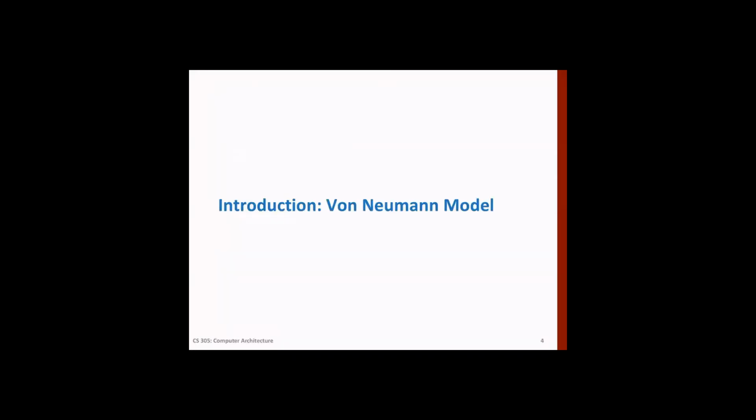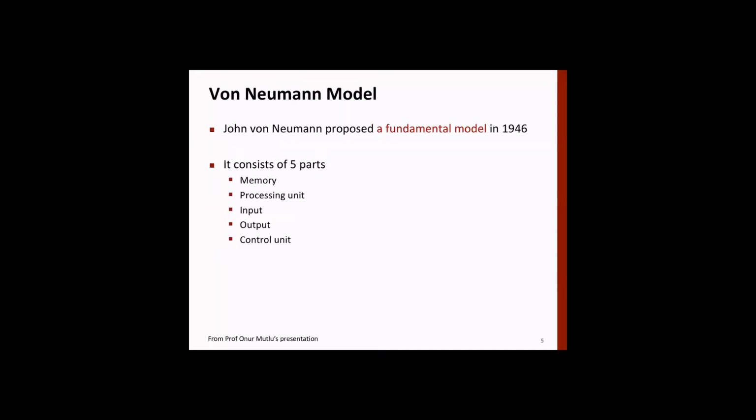And then, of course, it was developed by von Neumann, and he developed it in 1946. Okay. So basically, it says that this model has 5 parts. It means that computers, that he wanted to represent as a model, because for anything that we plan to do, we want to design, first we have to have a model in mind, and then we can create implementations of that. All right. So this model has 5 parts.